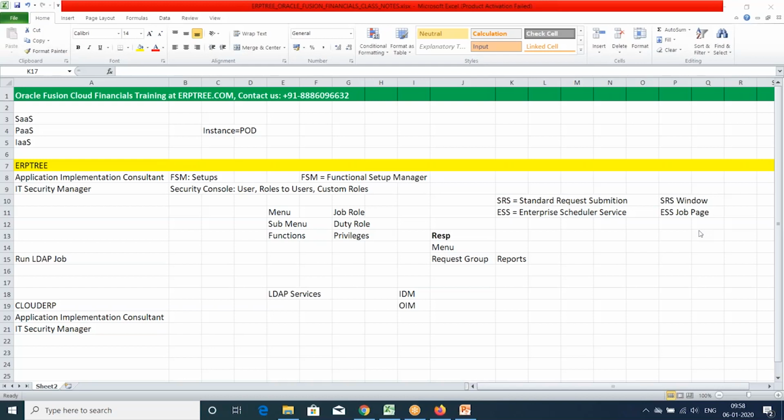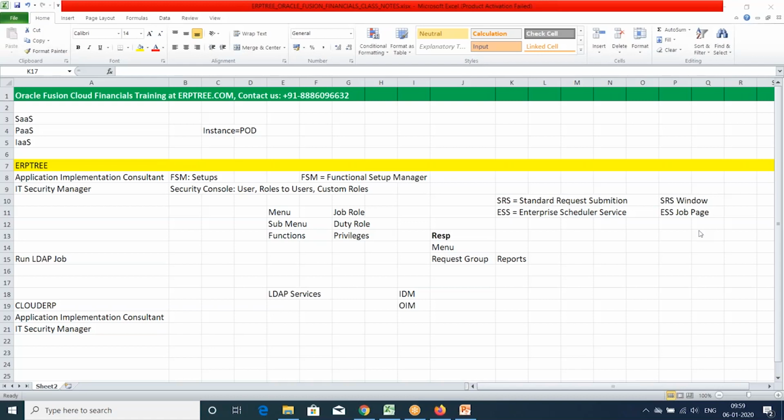What about the screens? In EBS, you have a GUI. And what about the responsibilities? In Fusion Functional, will we have the same application implementation consultant or IT security manager, the same terminology, or will different terminology be used over there?